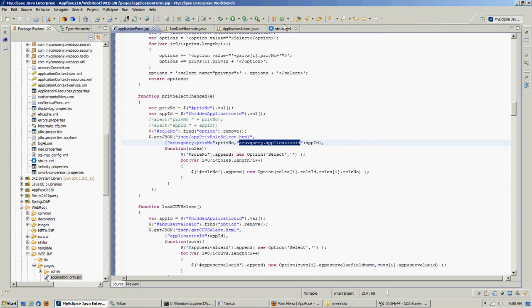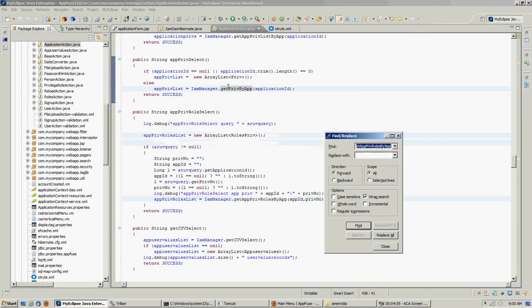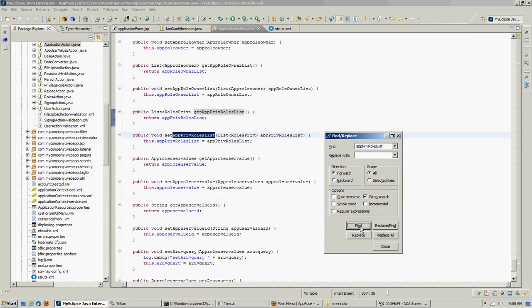I think we're just getting the array, hence why we're being very specific in our Struts2 configuration as to what is actually getting sent back. So if we go back to our action class,